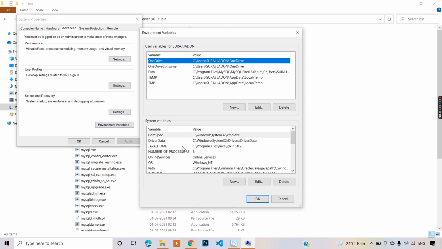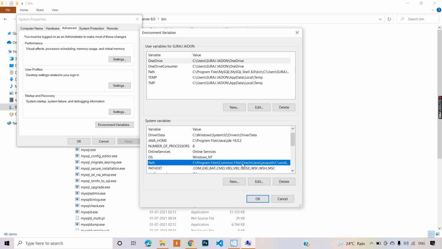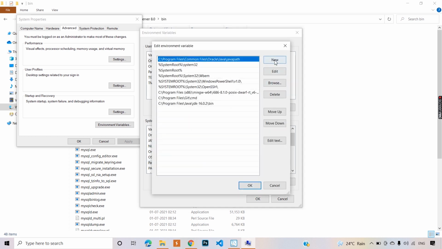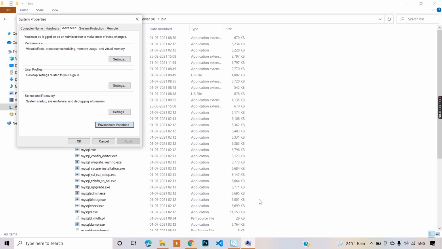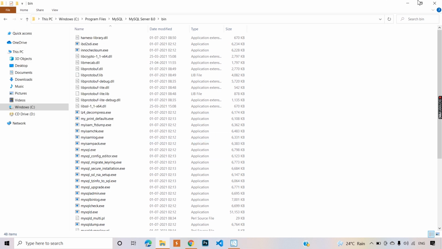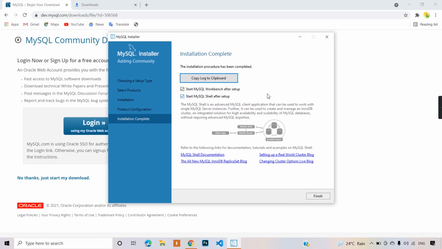After this, in these system variables, you can see a variable called Path, so click on edit, and after that new, and in this new entry paste the path which we copied earlier, and then close all the tabs. After all this, click on the finish button.